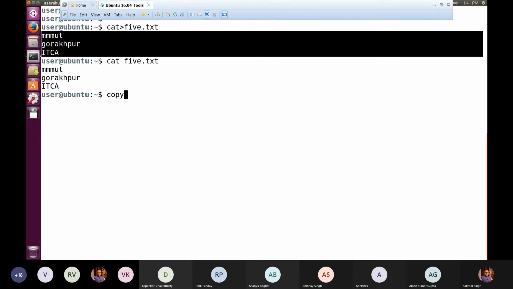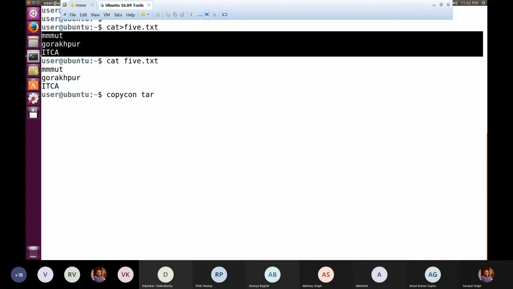Similarly, in case of DOS, we have a copycon command. Copycon is a special use of the copy command, because the syntax says that you have to mention copy, then the source file, and then the target file. That means you are copying the content of the source file to the target file. Similarly, when we use copycon and then target, the question arises: where is the source file whose contents are to be transferred to the target?